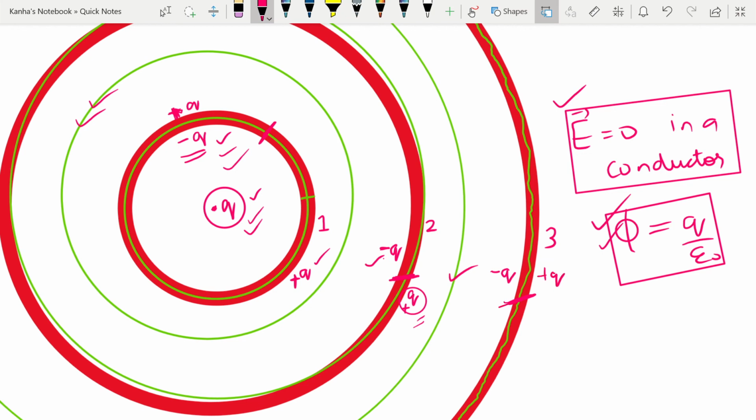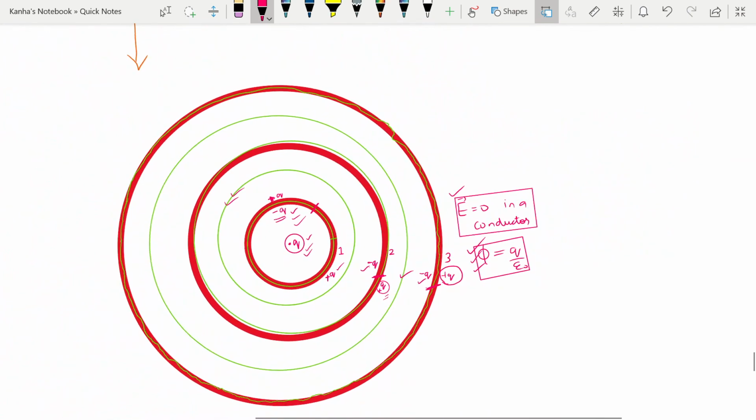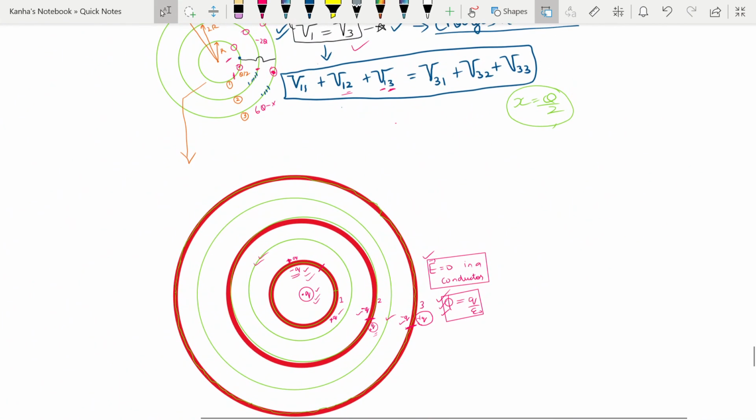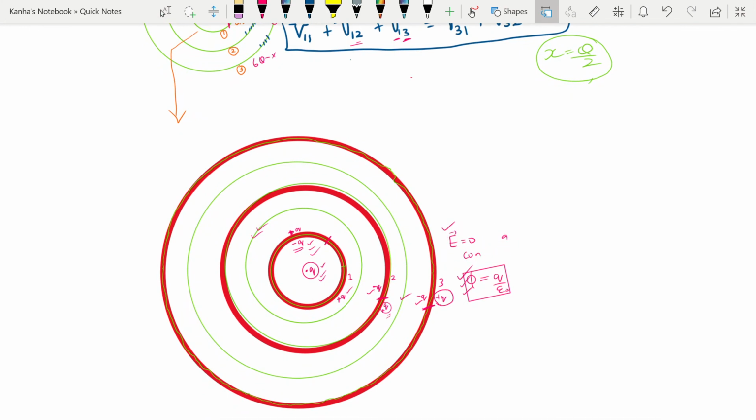After I have this, I can apply Gauss theorem here and it is still valid because the net charge now is 0. Everything cancelled out inside. That will leave me with a positive q charge outside. So this is what happens. This is how induction happens. This is how charges move forward, and this is how you will approach this question. With this very elaborate thing in mind, let us bring our attention back to our question.